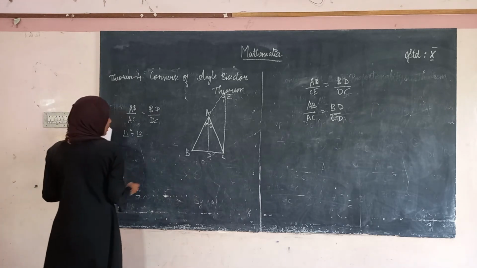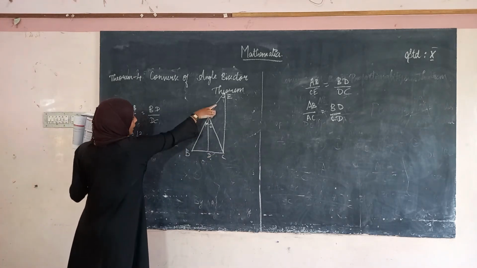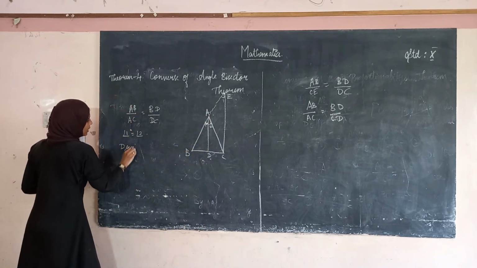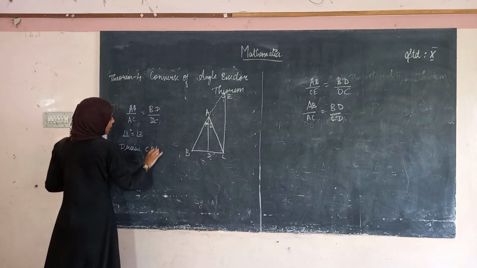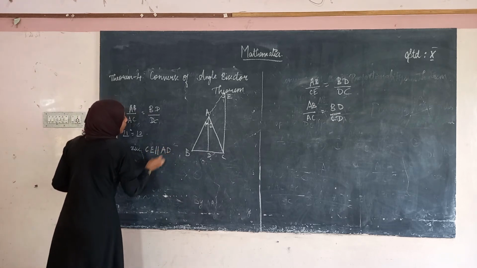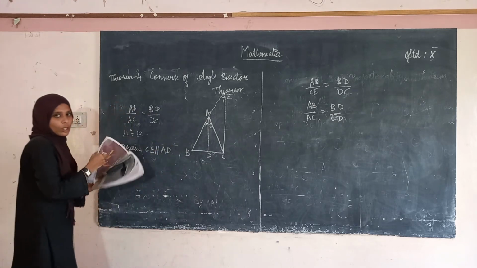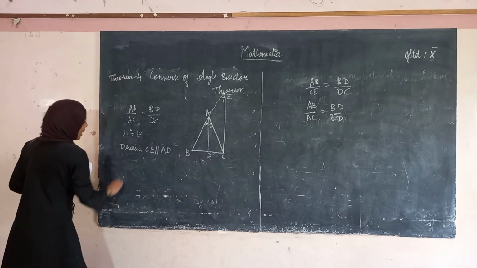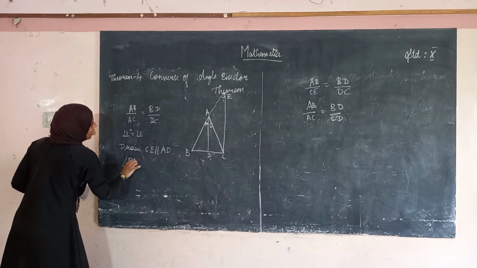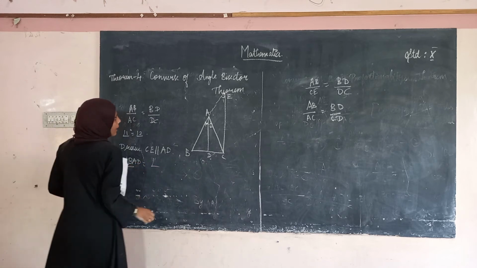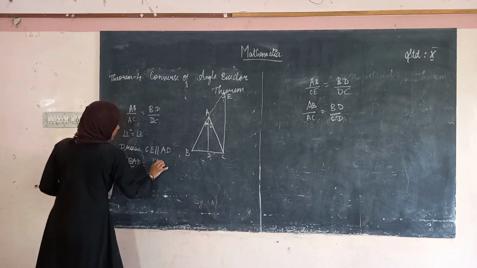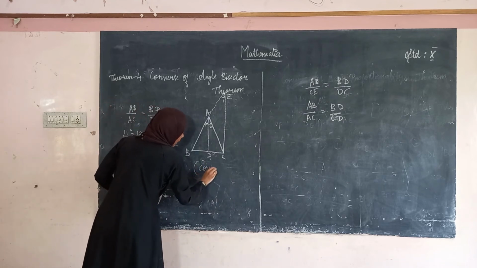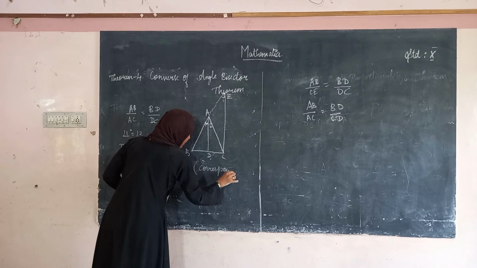So, see here, draw CE parallel to AD. You have to write this. Okay, extend and join. You have to write this construction and all. And then see here, angle BAD is equal to angle AEC is equal to angle 1. Why? Corresponding angles are same. You have to write the reason.